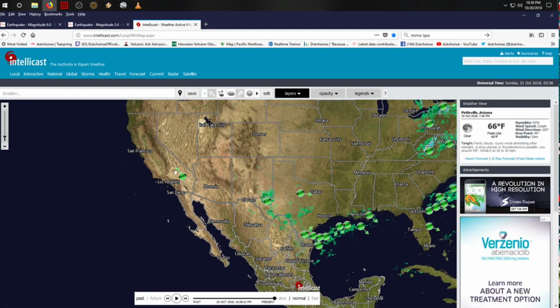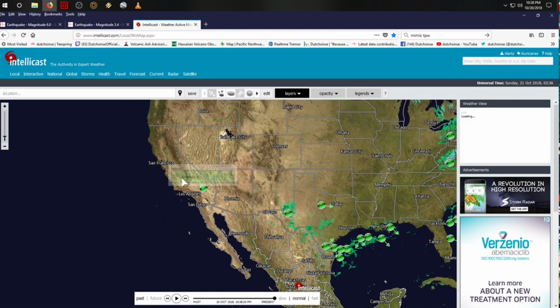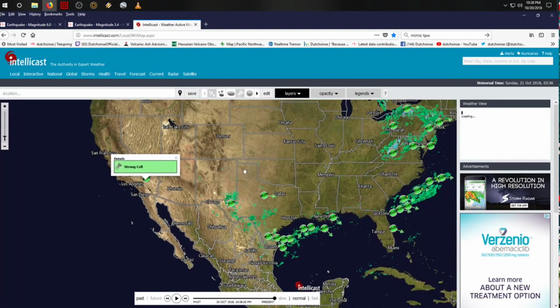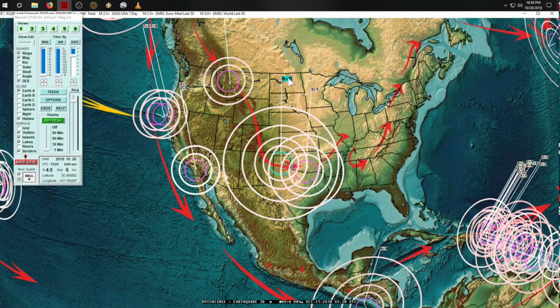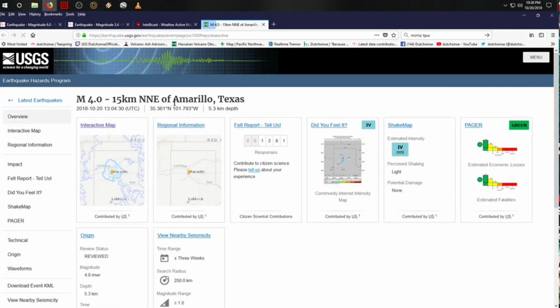Well, this thing that you're seeing here now live on the radar, imagine one of these over here, okay? And it's centered over Amarillo, which then led me to go look up the radar, and we spent about an hour talking about Amarillo at 4 in the morning. Well, imagine my surprise when I wake up today and I find out 4 hours later, Amarillo, Texas, got hit